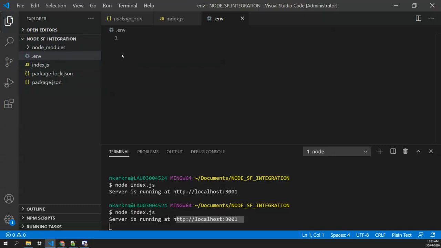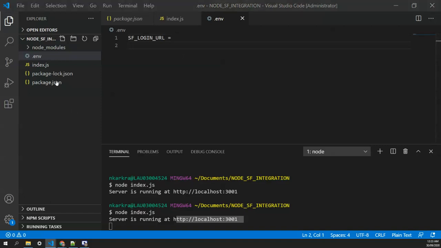We just keep it separately, and while deploying a server to Heroku or AWS or Google Cloud, we explicitly use this file and set up the environment variables there. So what environment variables are we looking for? First is the Salesforce login URL, like what's the default URL for our org.